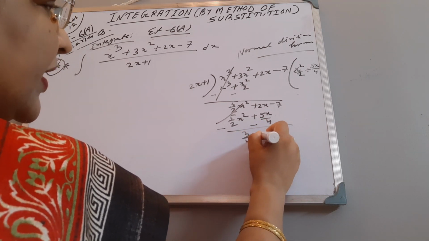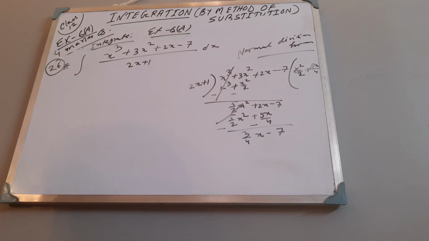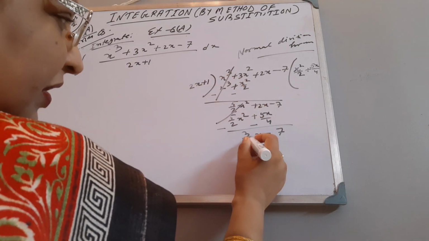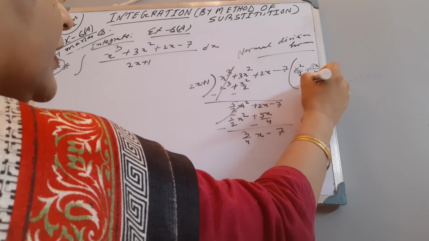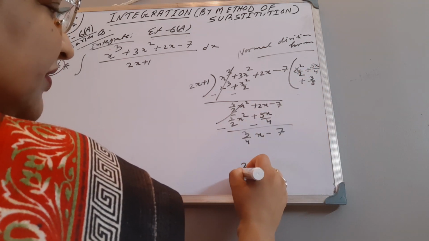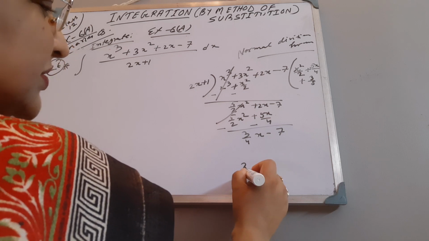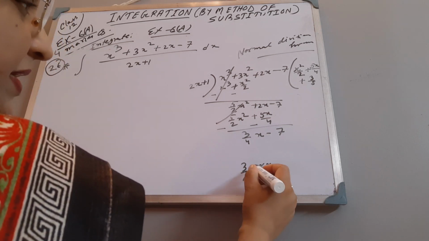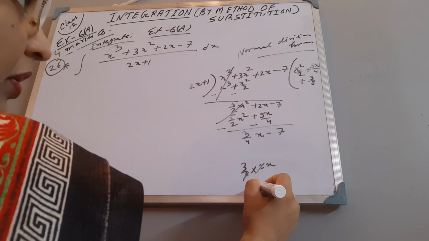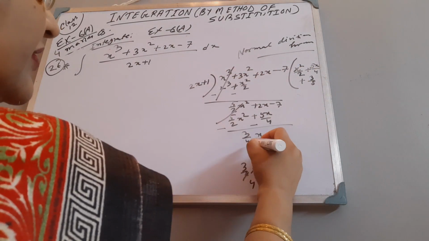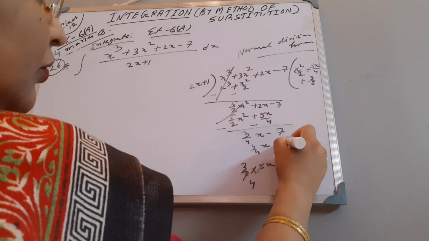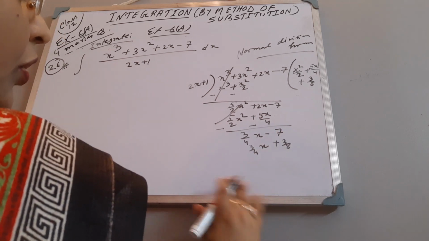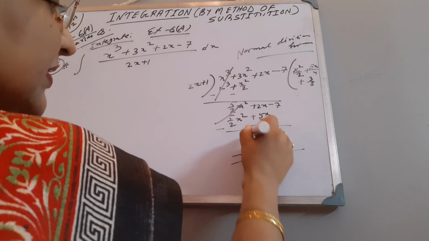So 3 by 4 x minus 7. Okay. So we have to get 3 by 4 x and it is only 2x. So multiply this by 3 by 8. Why? Because 3 by 8 into 2x, 2 fours are 8, this is coming 3x by 4. Got it? So 3 by 8 plus 1, it is coming only 3 by 8. So all x related terms now cancel.